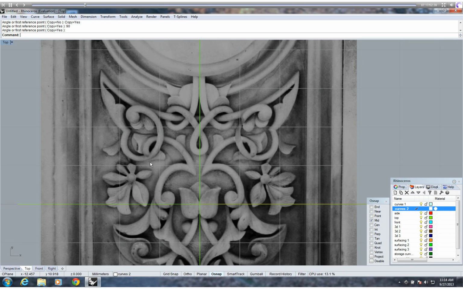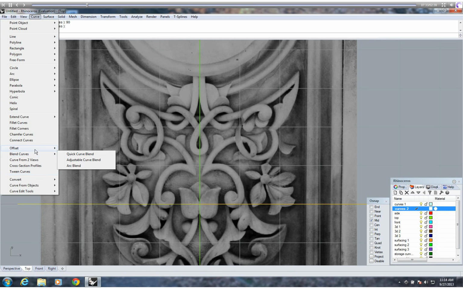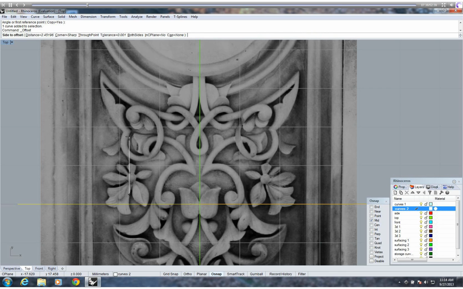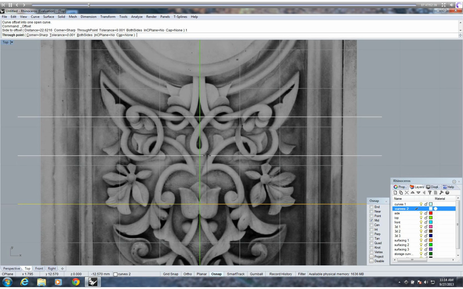So, I'm going to pick an element to draw. That's where we begin. So, I'm going to offset this horizontal reference curve to some important points in the drawing. The top of this arc, the bottom of this scroll,